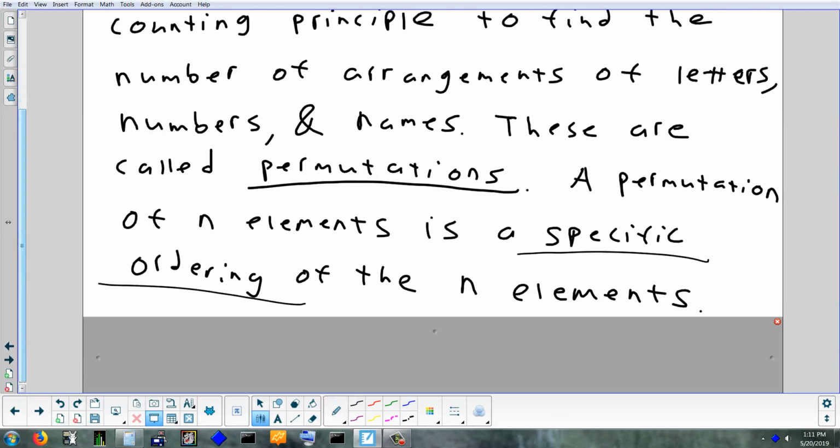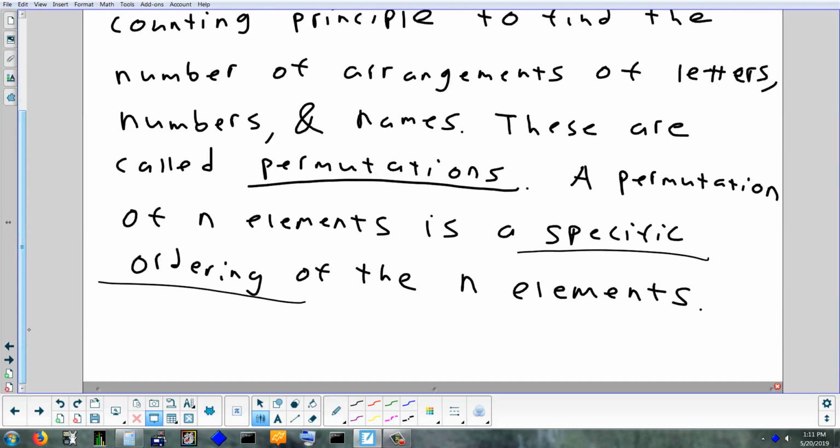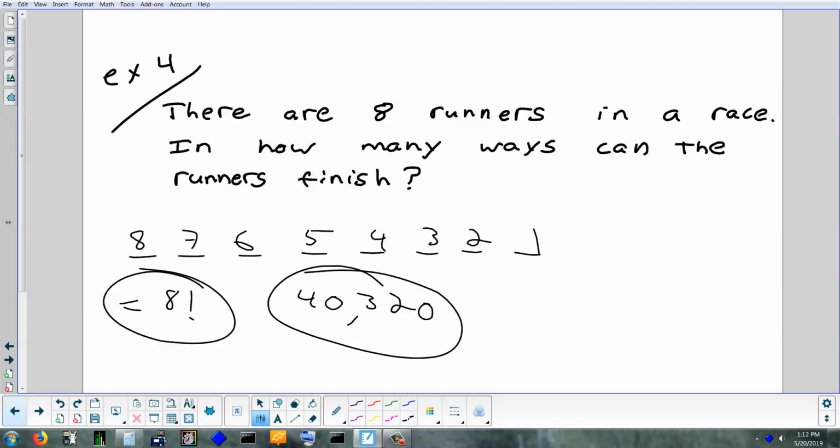So a permutation of a specific number of elements is called an ordering of those elements. Most of the time, we're not interested in listing all the orderings, especially when there are over 500,000 of them, like the license plates or the runners in a race. We're not interested in listing them all out. But once we know how many ways, like how many ways these runners could finish,